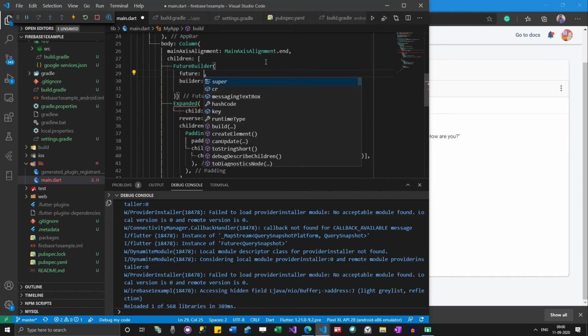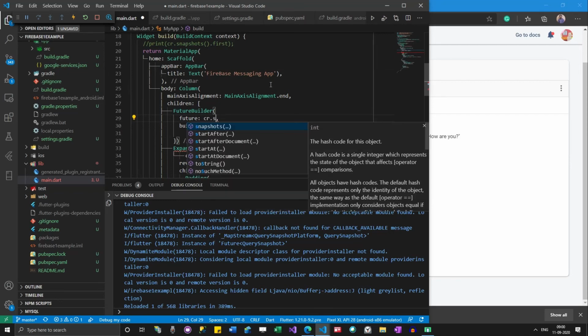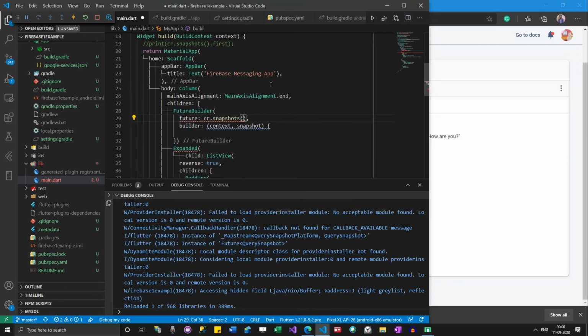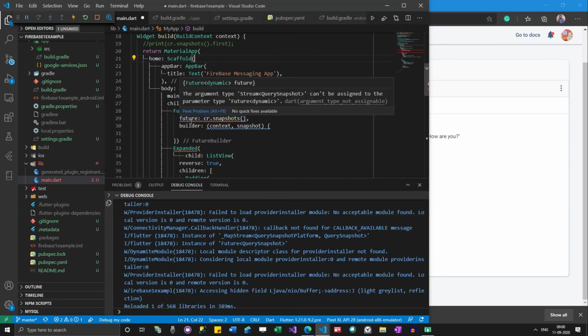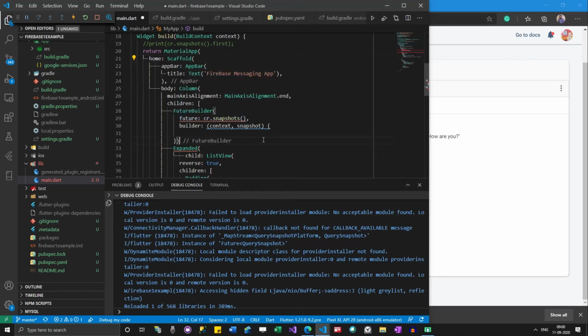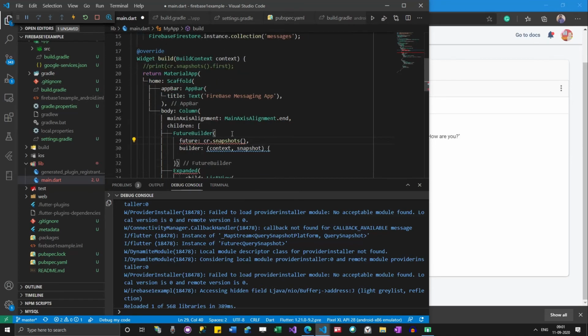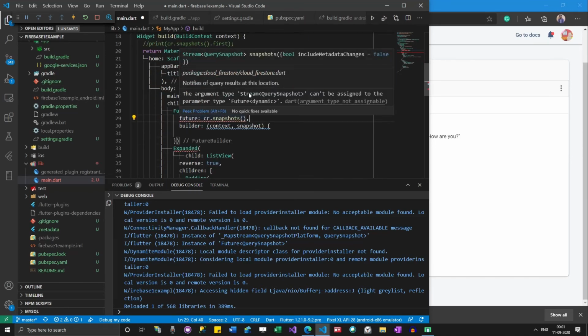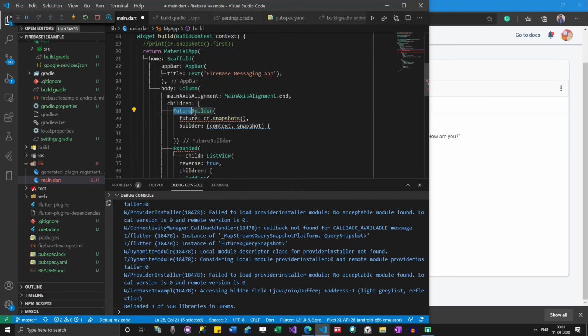It will have the CR dot snapshots. Let's see. Now, it says the argument type Stream of Query can't be assigned to parameter Future dynamic. So what it's saying is you can't read the snapshot using a FutureBuilder, because it is a type of stream. Which means that you need to use StreamBuilder.